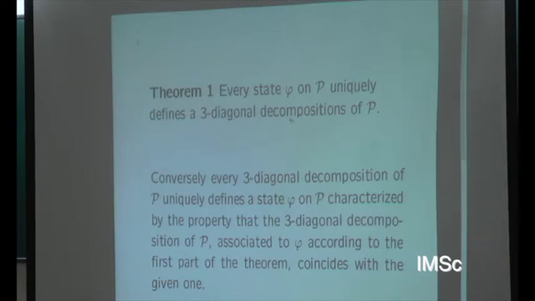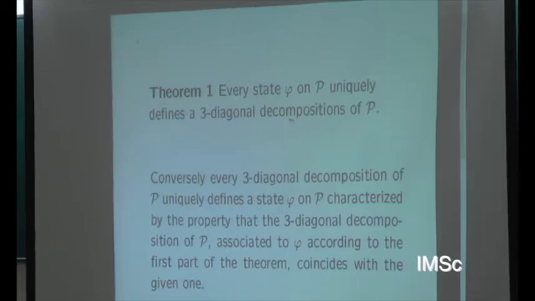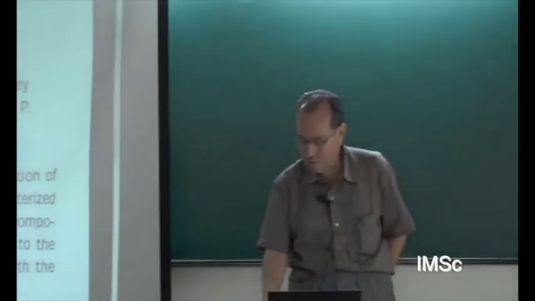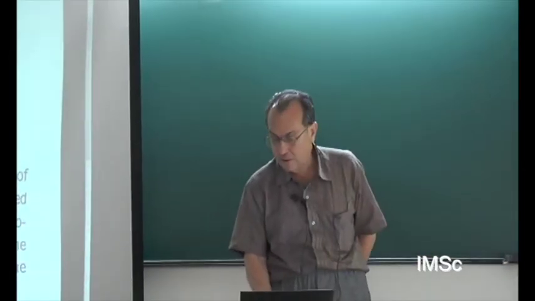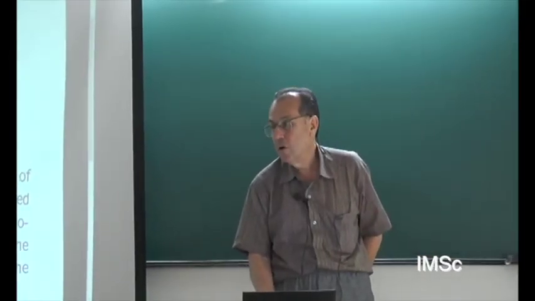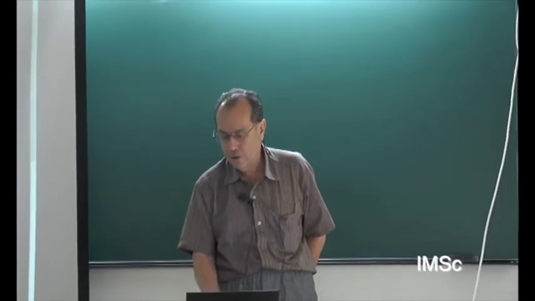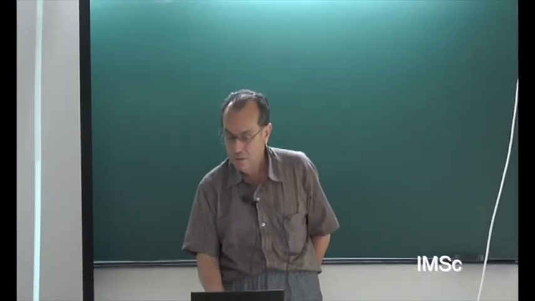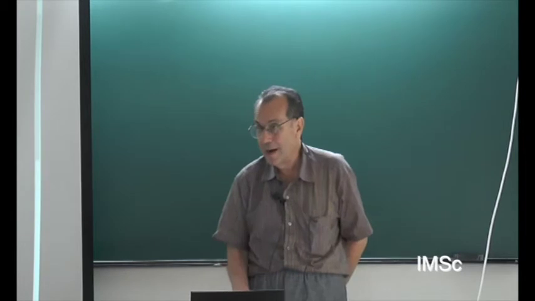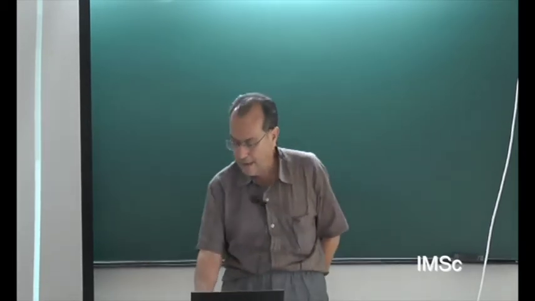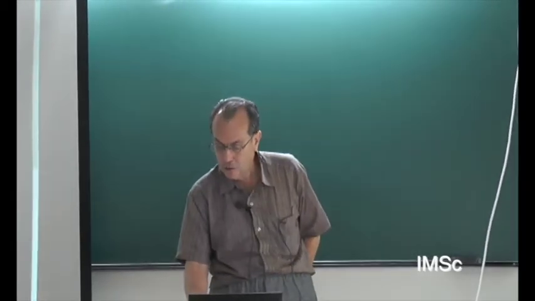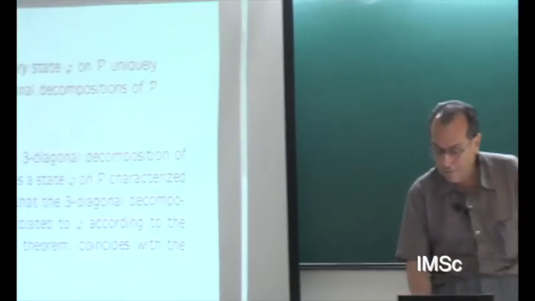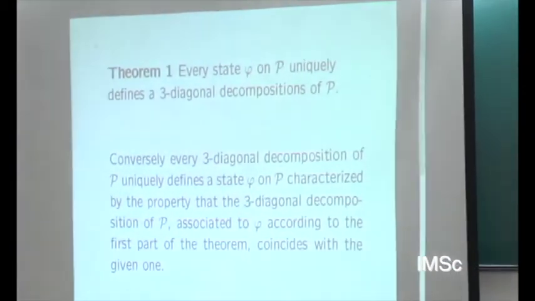We, in some sense, have already implicitly proved this part of the theorem because we have constructed the three-diagonal decomposition. But the converse is important. Conversely, every three-diagonal decomposition of this polynomial algebra uniquely defines a state with the fundamental property that